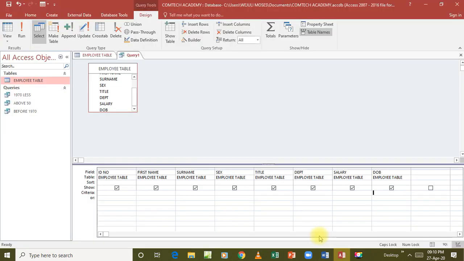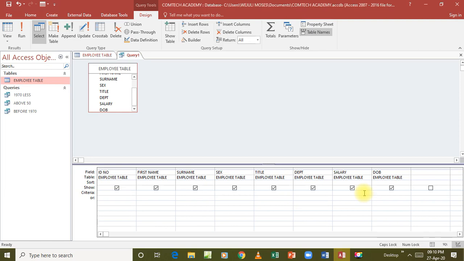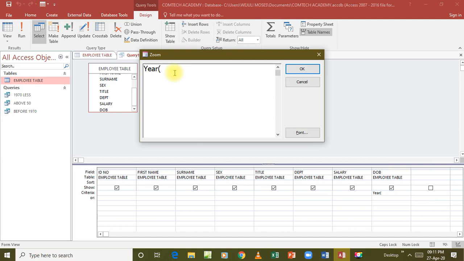Now we create a query to display employees who were born between 1960 and 1970 as per our question here. So we shall come and say, yeah, it's what we are considering. Maybe let me just zoom this one here so that everyone is able to see whatever I'm doing. Yeah, and which year are we considering? We are considering the year, but from which field? The field is called date of birth. So we say from date of birth, and after doing that, we now say the year should be